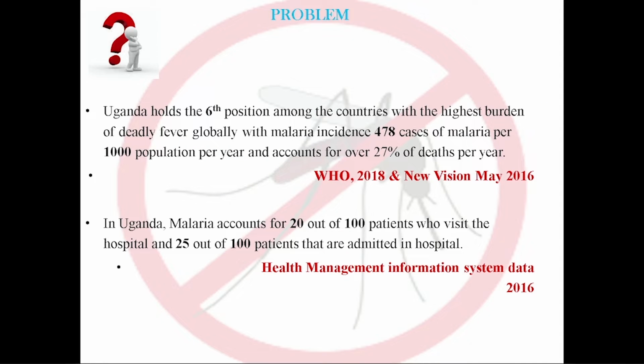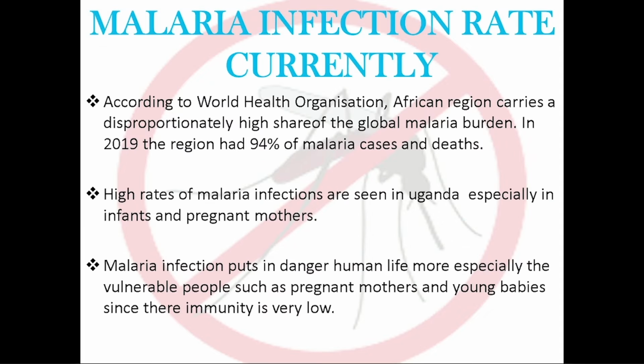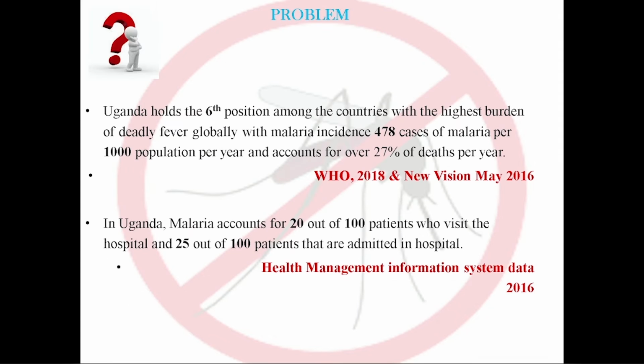Okay, the problem which we are facing. In the whole world, Uganda holds almost the 6th position among the countries with the highest deadly fever burden. Out of every 1,000 people you meet in Uganda, at least 478 are infected with malaria, which is caused by mosquitoes. This problem has been brought about by the increased levels of mosquitoes in the rural areas where we stay, and also